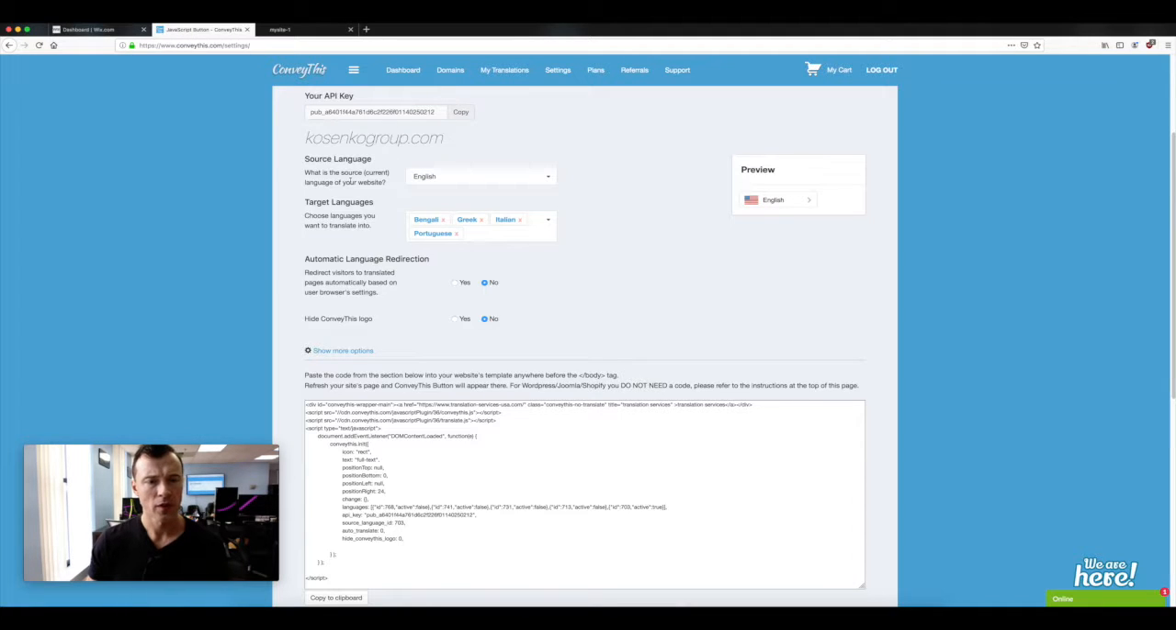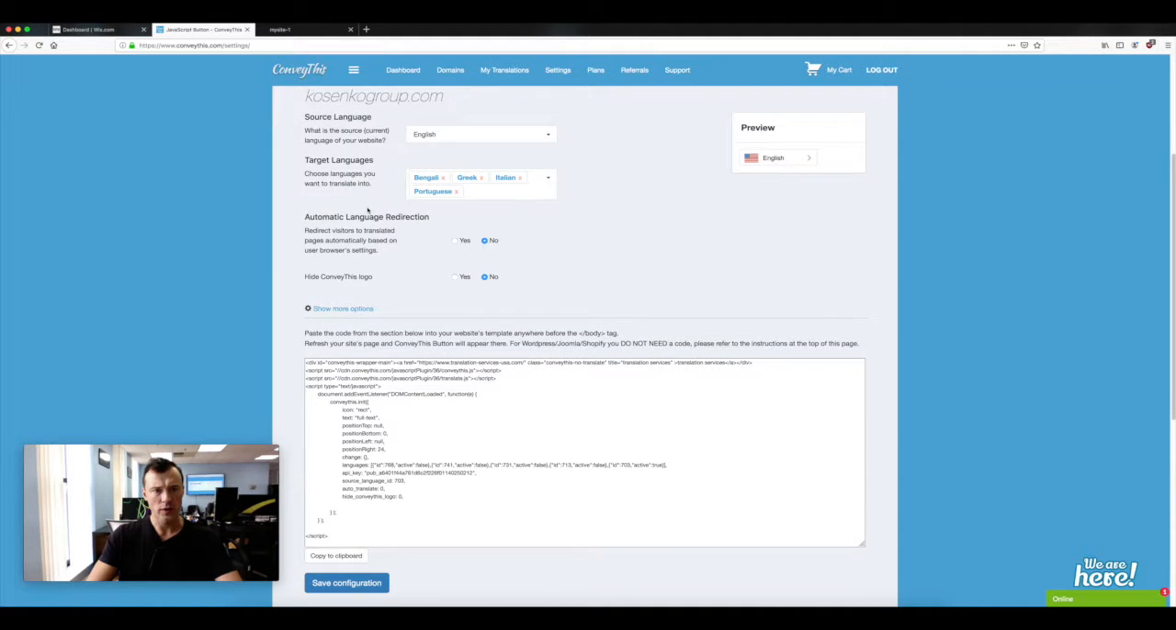Okay, so in this tutorial I will show you and go over more options of what Convey This has to offer. So if you go back to the Convey This settings page, now we can go into the further options such as show more options. But first of all, I will tell you what is the automatic language redirection. If you enable it and you click yes,